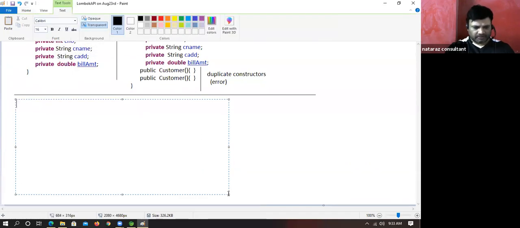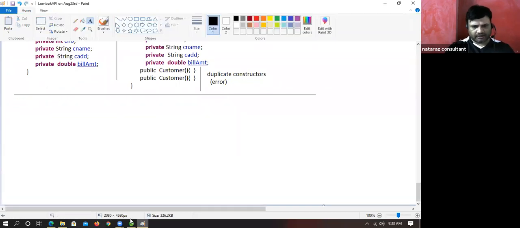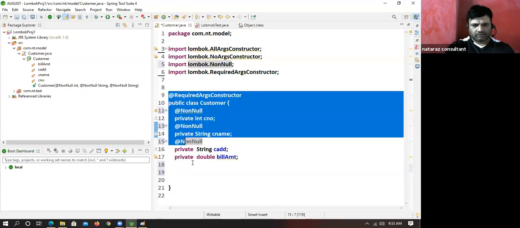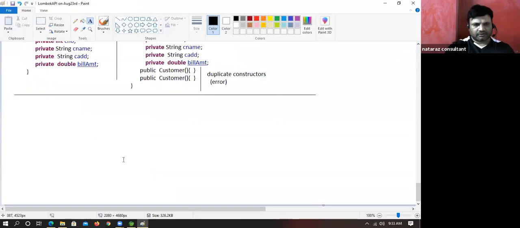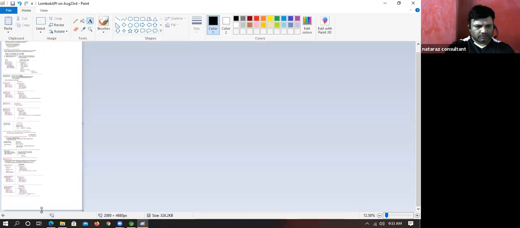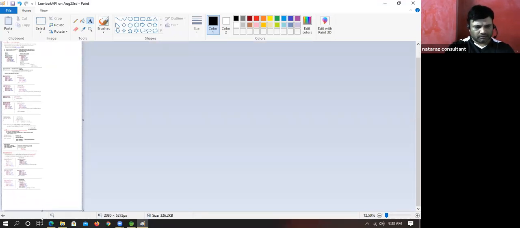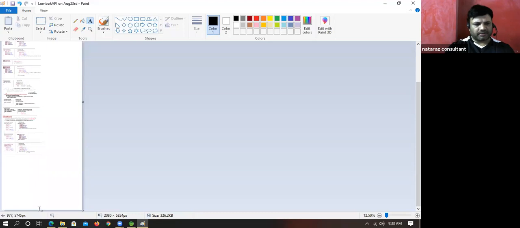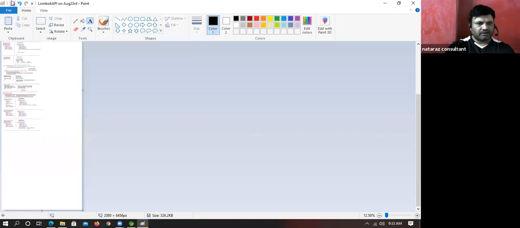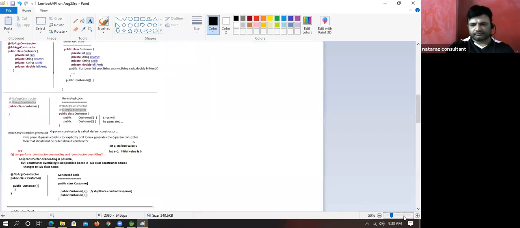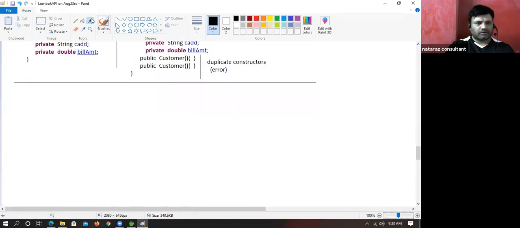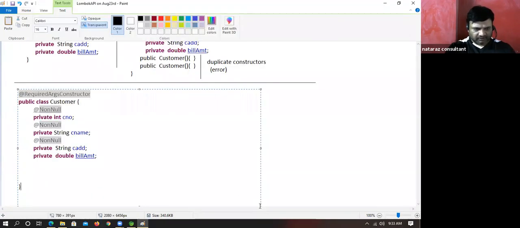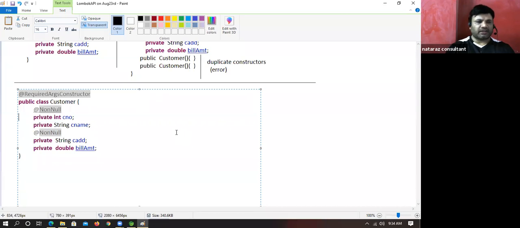One more combination, let me give, boss. Fine, no problem. Copy this. Automatic expansion is not there. Fine, no problem. Once this is over, we will take a new paintbrush. Not an issue, boss. Yes. Let me ask this one now. Let me give all permutation and combination. So we have like this.